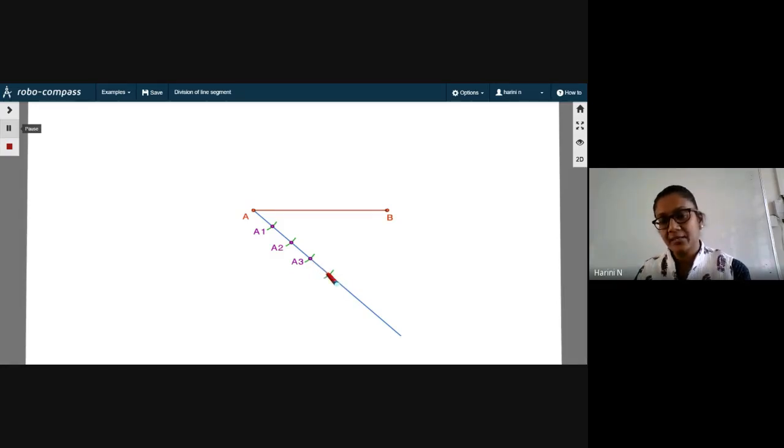The next arc is made, so the point of intersection becomes A4. Then again the next arc, A5, is the point of intersection. Then A6. No change in the radius. Don't worry about the numbers which are appearing there. That is the command given to the compass, so it is drawing, because I have to specify the angle, the radius of the arc, etc.